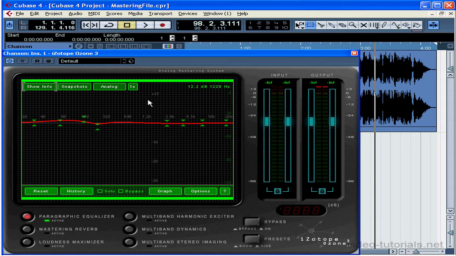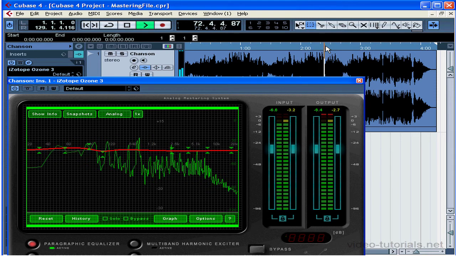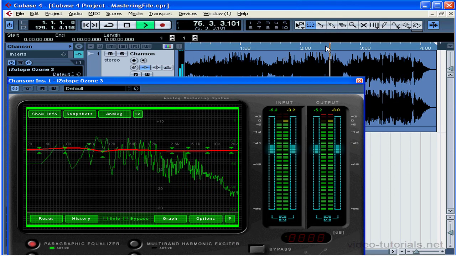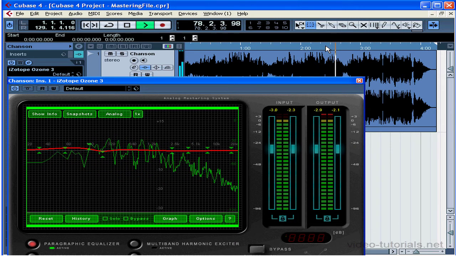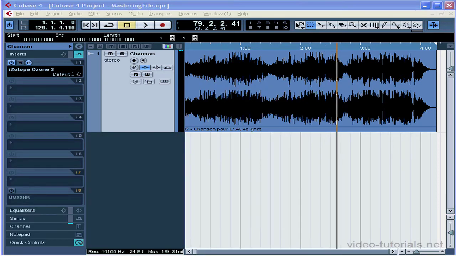Of course, let's have a listen to see what our work has brought us so far. The voice is definitely fuller. The bottom does sound less boomy, but I don't think I made any impact on bringing out the guitar. However, I don't want to boost too much of any frequency. I may go back to the mix and boost the guitar a little bit and possibly boost some of its